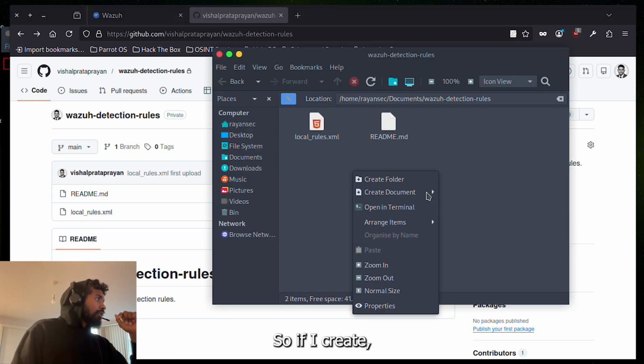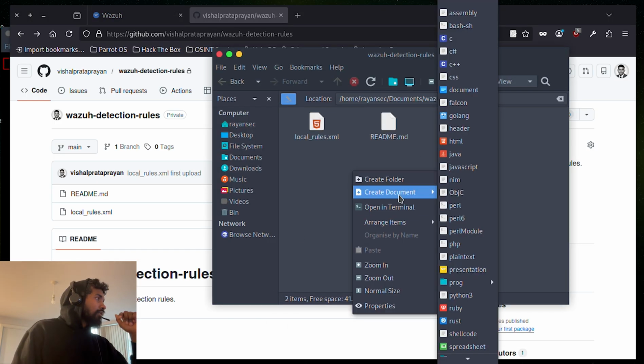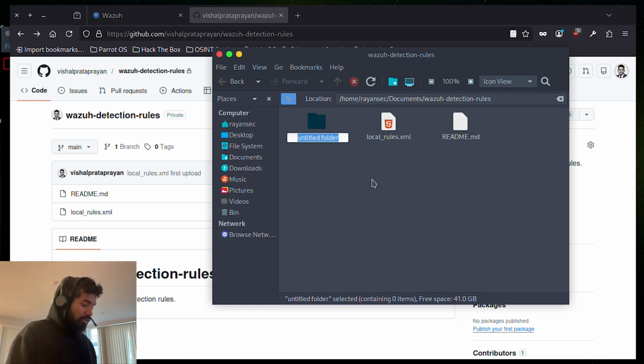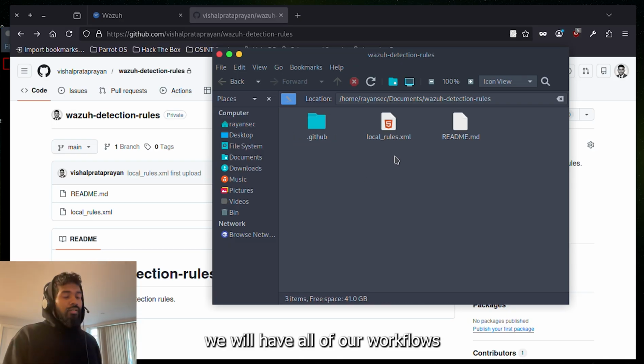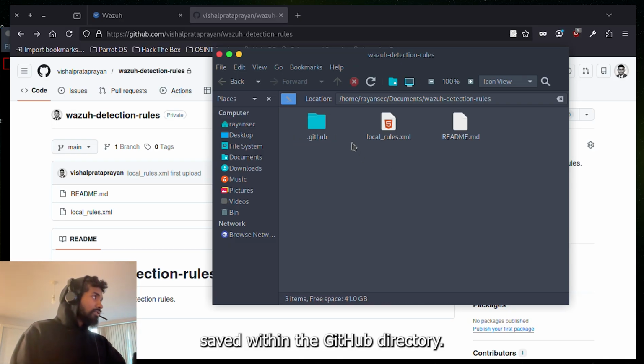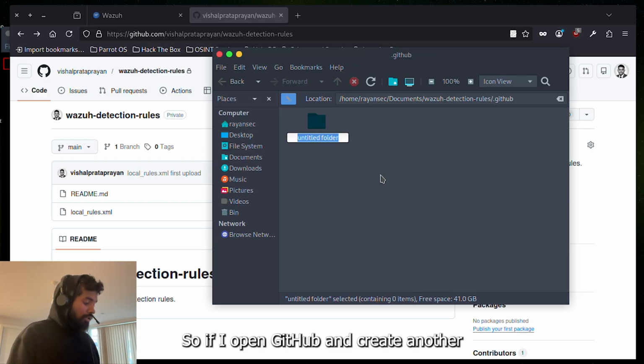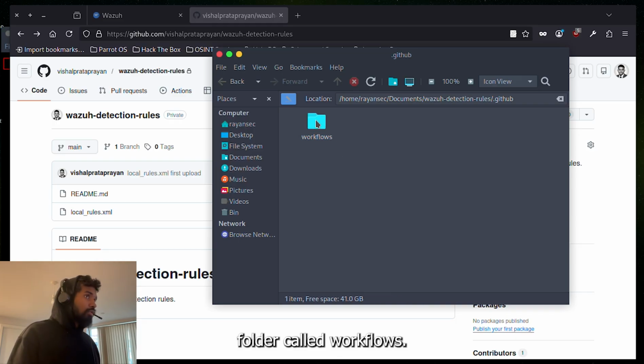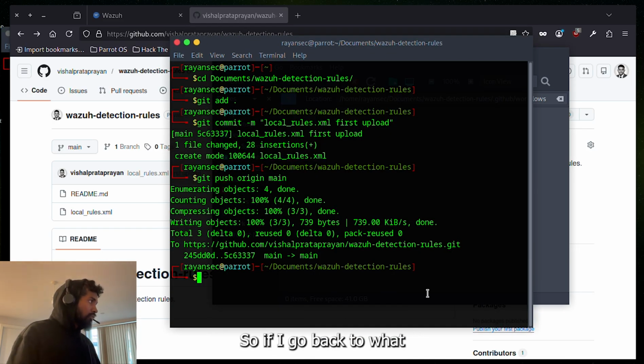So if I create a folder here and name that .github, we'll have all of our workflows saved within the .github directory. So if I open .github and create another folder called workflows, and then within this folder, I'm going to create a YAML file. So if I go back to .github